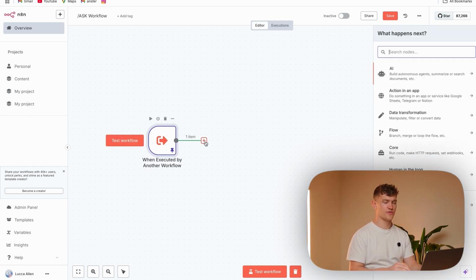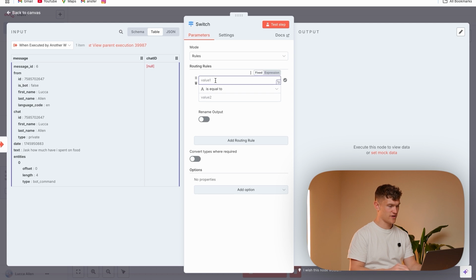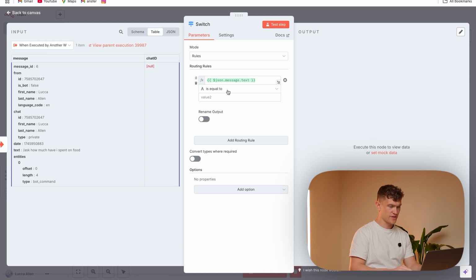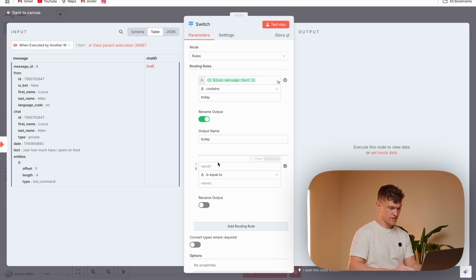Okay, so the first thing that we're going to do is add a switch node. Obviously, we've used these quite a lot. They're just super handy for deciding which way the workflow is going to go based on the input. So we're going to add the message, which is here, and we're going to ask if this contains, so if the string contains today, name that today, add routing, we'll